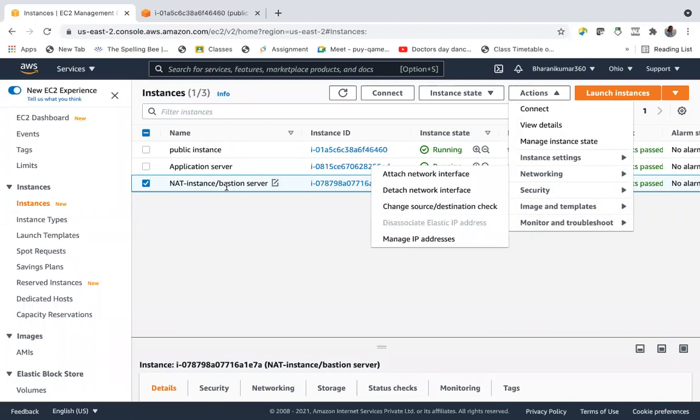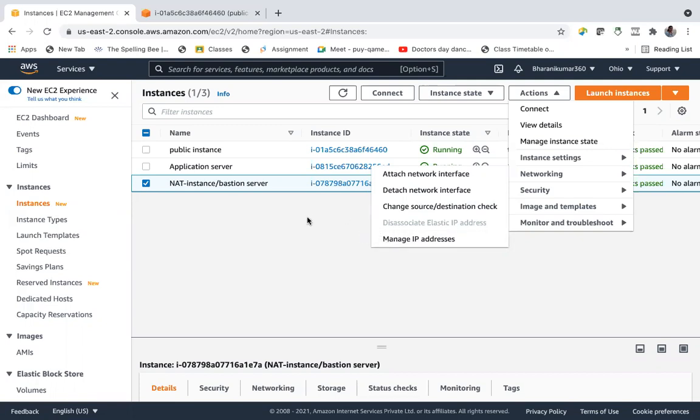Suppose you are trying to download something into your EC2 instance from the internet, then this source destination check checks that it is the right EC2 instance, the source from where the request is going, when the response comes back.